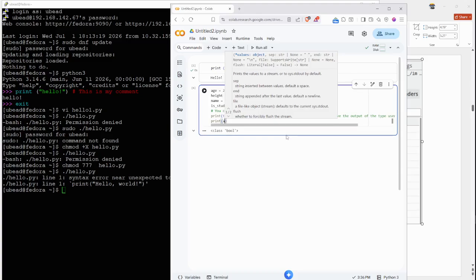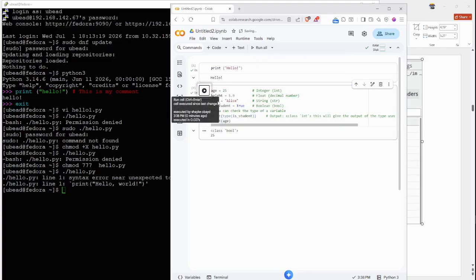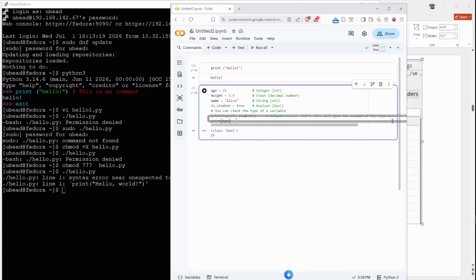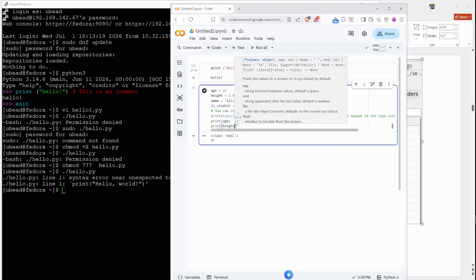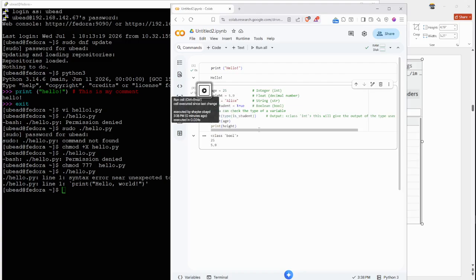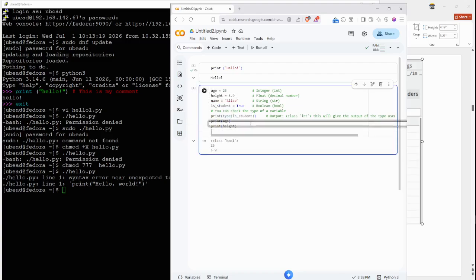I will give age here. Age, and just run it. 25. Then print. Then the second variable, height. So it automatically took it. Now I am running. Now print